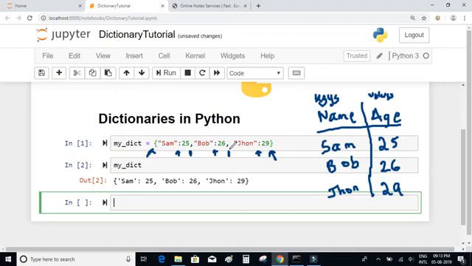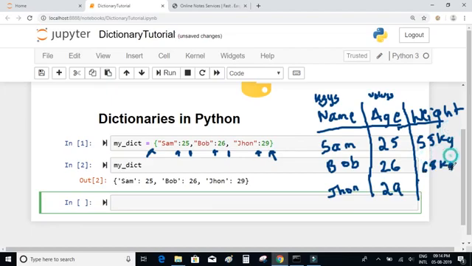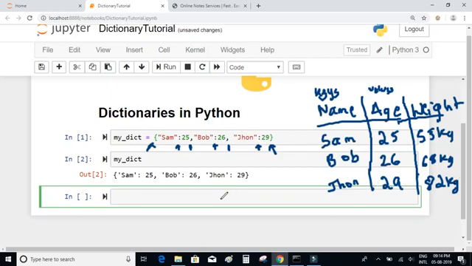So let's say we have more than two columns. Even if you have more than two columns, we can conveniently represent them using dictionaries. For example, let's say we have another column which is weight. The weight of Sam is around 55 kilograms, and weight of Bob, let's say 68 kg, and weight of John 82 kg. So we can represent this data also using dictionaries, but in this case